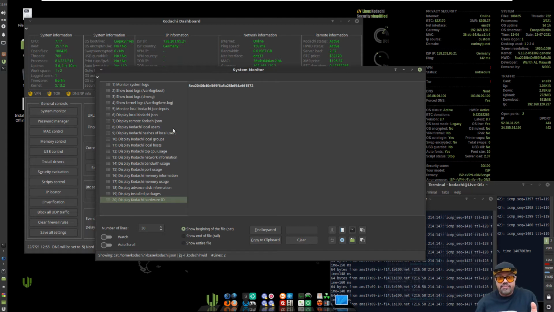Now, if I don't want to see the logs and all of this stuff, I want to see Kodachi source. People keep saying, why don't you update GitHub with the source? Because you have the source code on your system. You don't have to go to GitHub. All you have to do, there are 2 ways. Number 1,